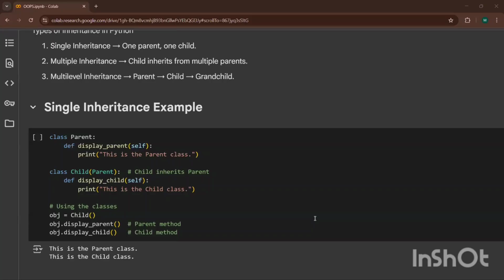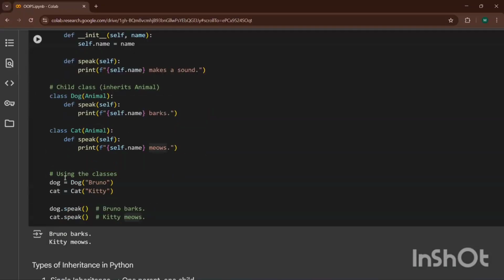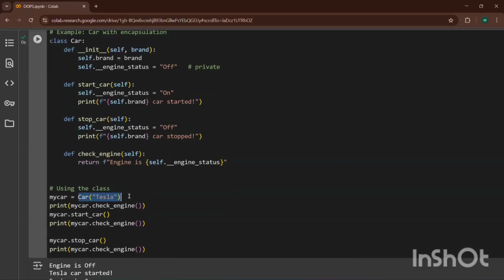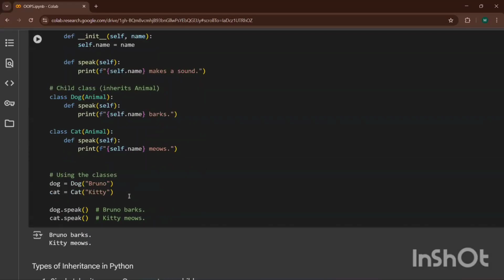Ma'am, what is this line? Which line? The object equal to child class, child function. What we are doing here is creating the instance of the class.